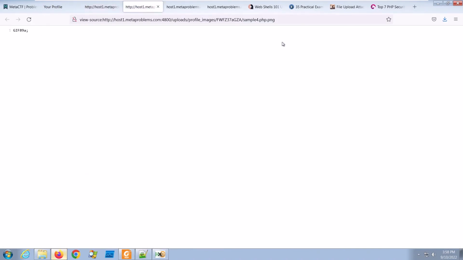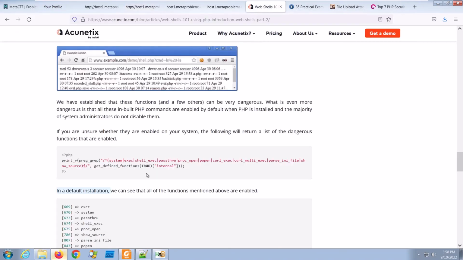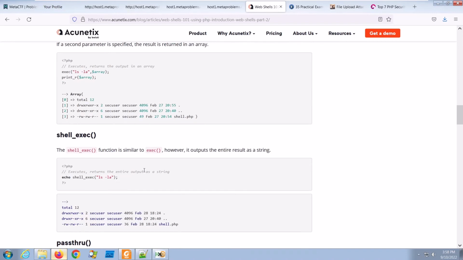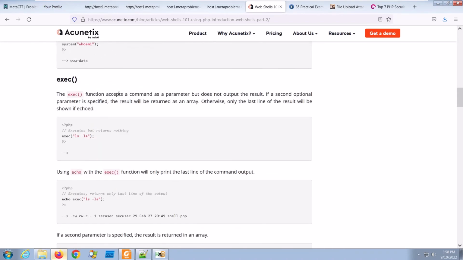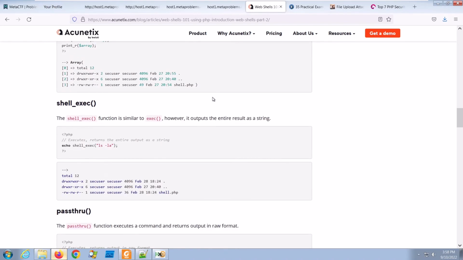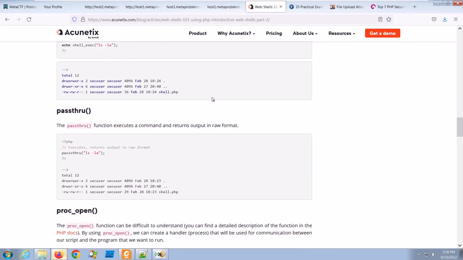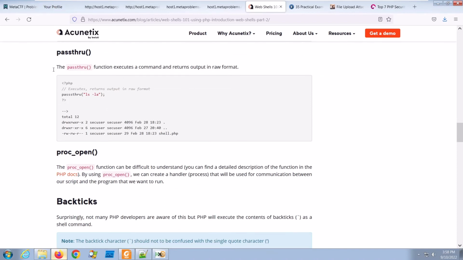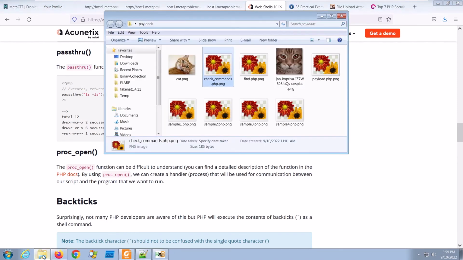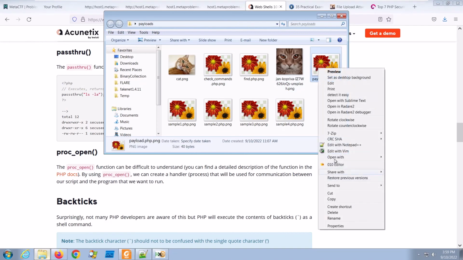So why is there nothing there? Let's just go back to the article and read again. Okay, for exec, it says it runs a command but doesn't output the result, so that may be a reason why. So I read through this article and saw that there's this passthru function that looks quite interesting. So I decided to use it instead, as an alternative. The final payload that I used,